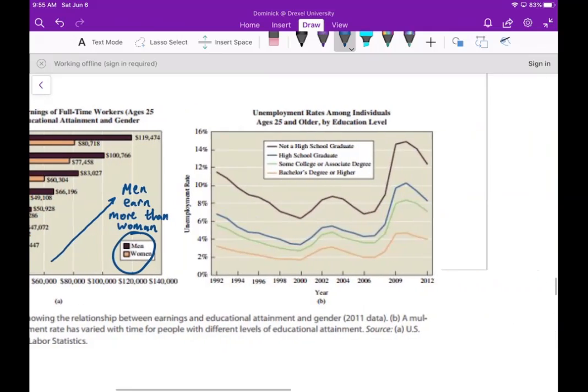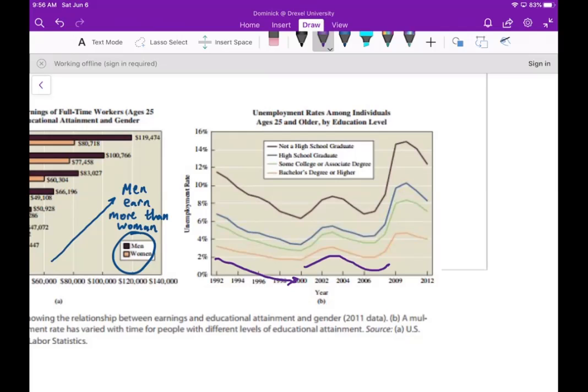Now, in the next graph, we have a multiple line chart, and this is displaying the unemployment rates among individuals ages 25 or older by education level. So one thing that we can see is that it looks like all of these lines are sort of following the same trends, right? So between 1992 and 2000, we're decreasing,